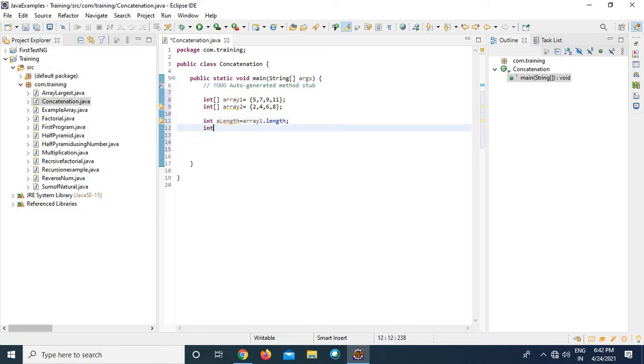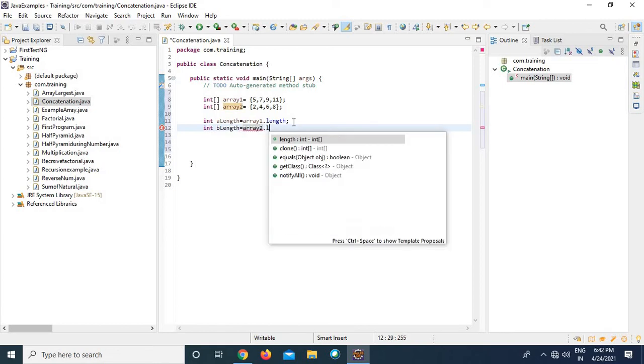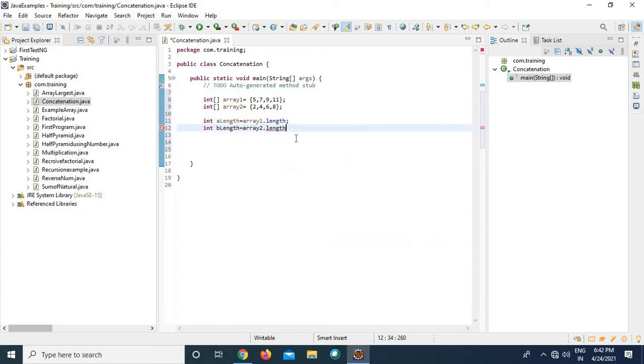Similarly, I take my second array, and I'm writing it as b length. a is my first array and b is my second array. b length is equal to array2.length. So now I have the length of both my arrays.